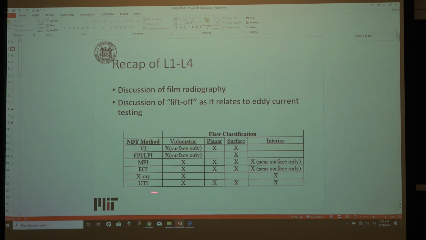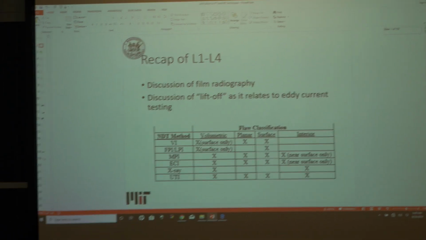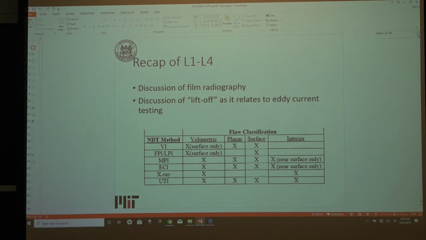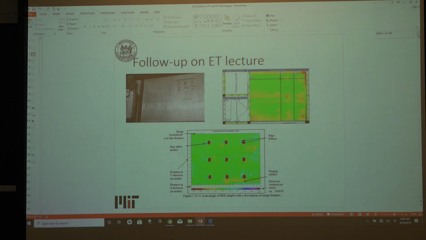The one that has the capability to do both surface and interior is ultrasonic testing, and in some instances you can use computed tomography for surface flaws as well, but rather than it being the entire 3D sample, you're only concerned with a couple of the 2D slices right at the surface. Basically, the point is there is no silver bullet when you're doing non-destructive testing, and if it's mission critical,